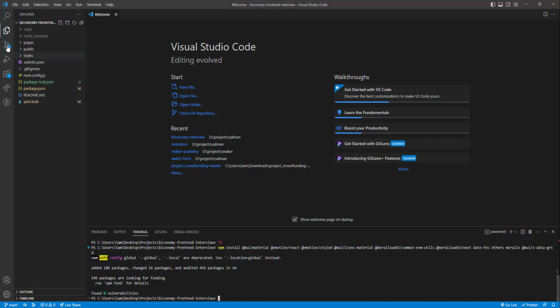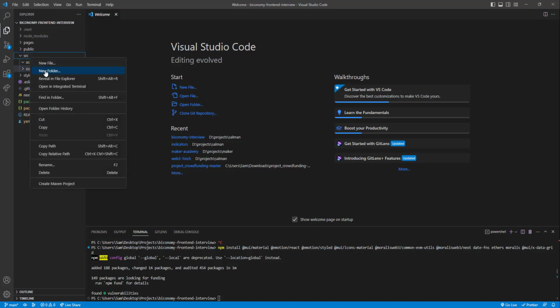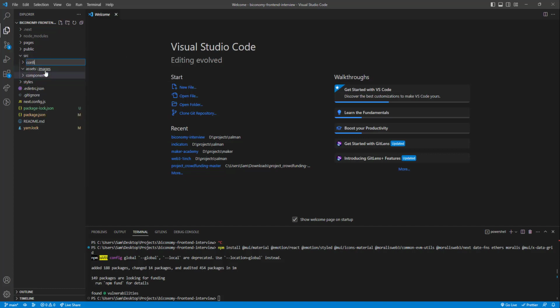All right, that's installed. Final part of this project setup, let's just create a folder structure. So create a new folder called source, and we'll have everything in there. A couple of things that we'll need in source, we'll need some assets, which are those images. Inside the assets, let's create a folder called images as well. Going back to the source, let's create another folder called components, another folder called, we'll probably have some theme config,